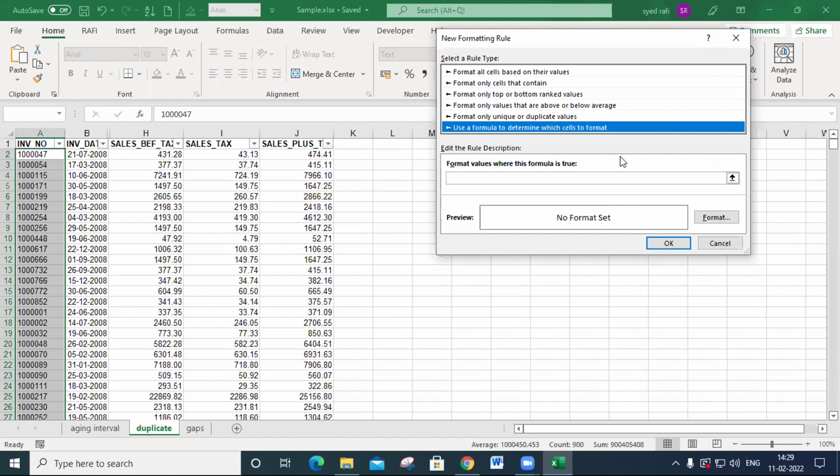And you may apply this formula like this: equal to COUNTIF. I select the first invoice number and put a colon, and automatically the next first invoice number will be displayed. But I don't want to put any dollars for this one, just I type like this, A2.